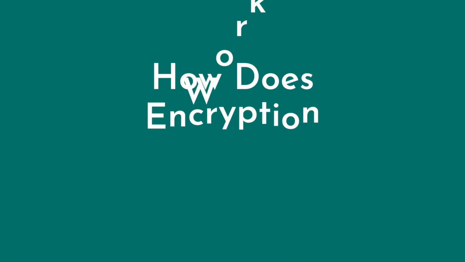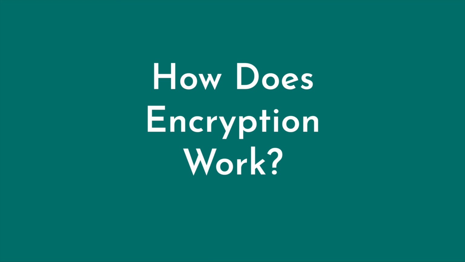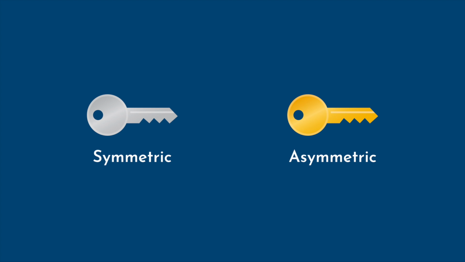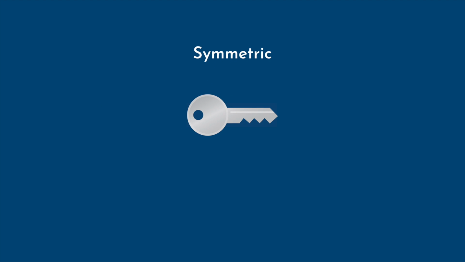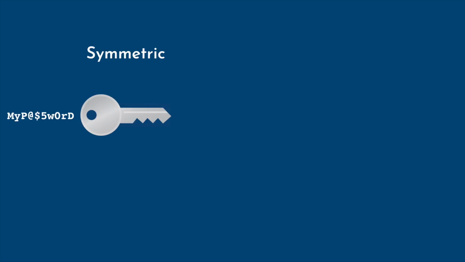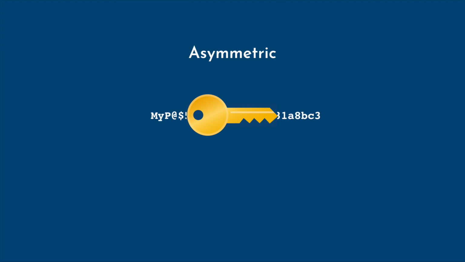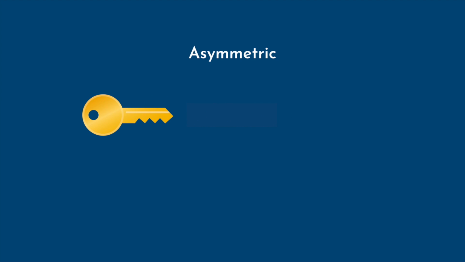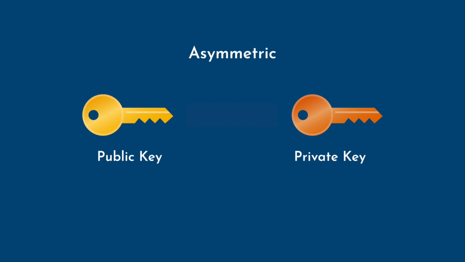This may all sound like magic, but with a little explanation, you can form a basic understanding of how encryption works. First, you need to understand the difference between symmetric and asymmetric encryption keys, the mathematical algorithms which make encryption possible. A symmetric key can be used both to encrypt and decrypt the same information. But an asymmetric key can only be used either to encrypt or decrypt information. One key can't do both. We need a public key to encrypt and a private key to decrypt.